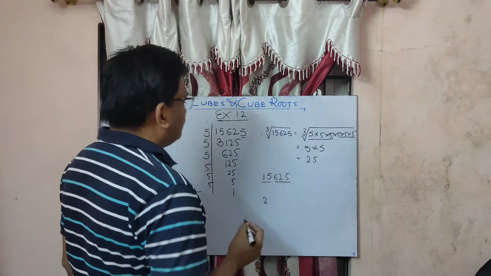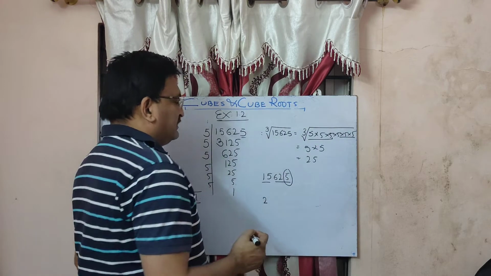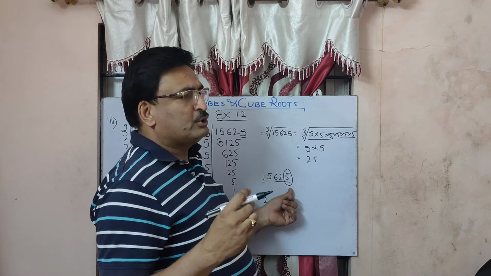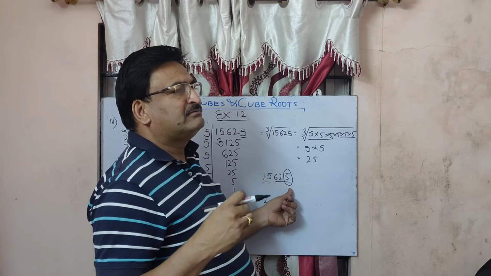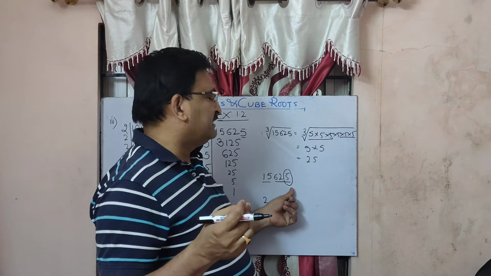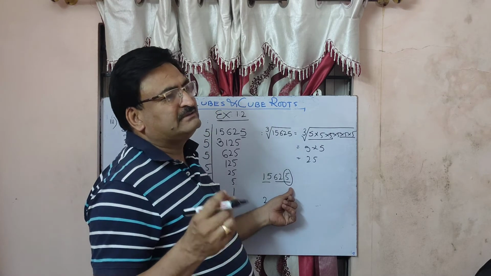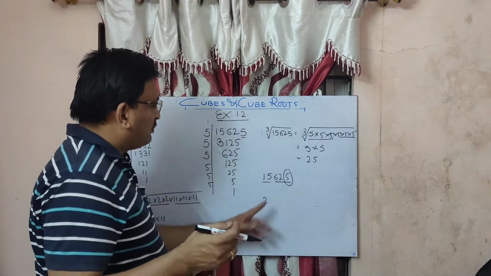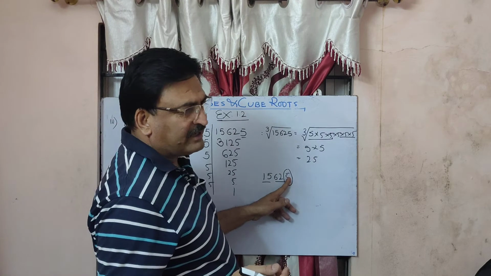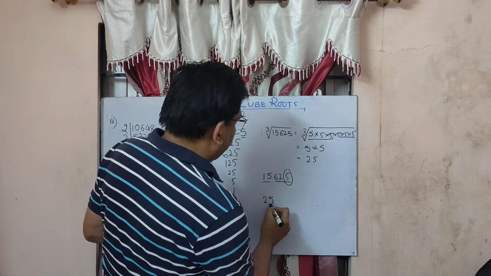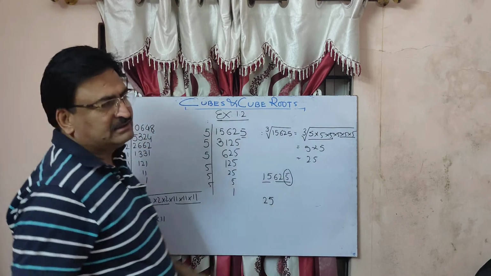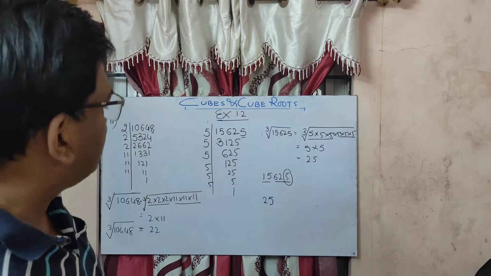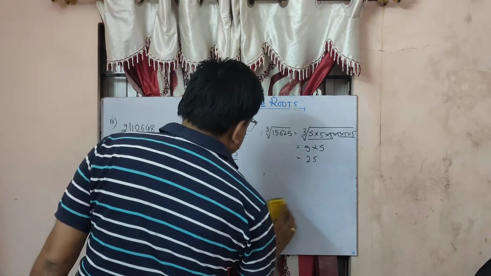Now you just tell me, the cube of which number will end with the digit 5? For example, 5 cube is 125, like that. So if the last digit is 5, the digit will be again 5 only. So you can directly find the value, that is 25. You can directly assume the value of the cube root. We'll do the third one. You will understand it again.